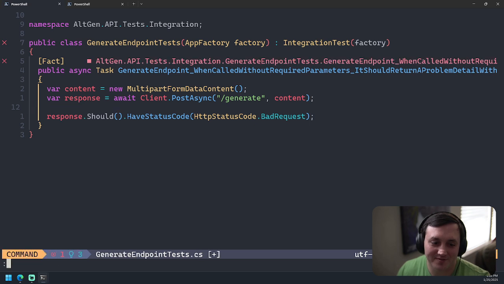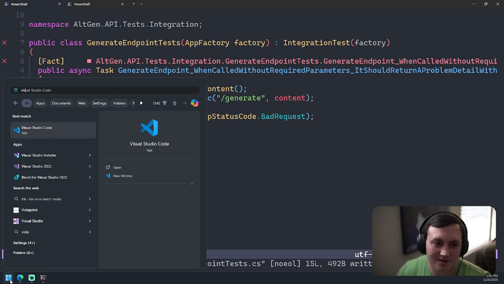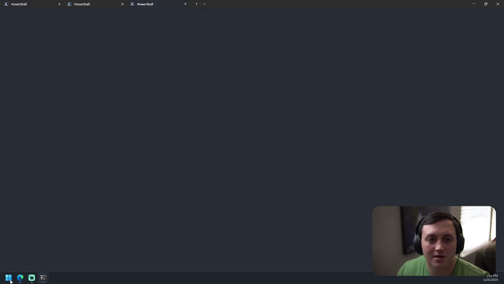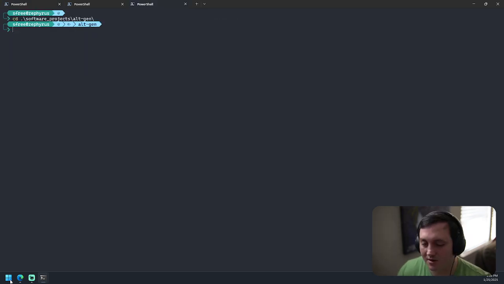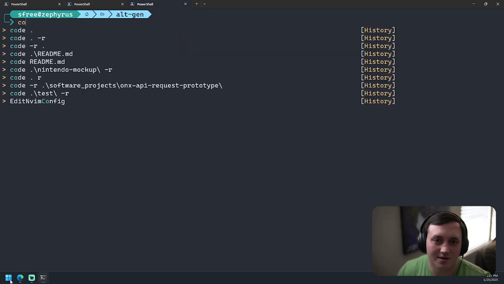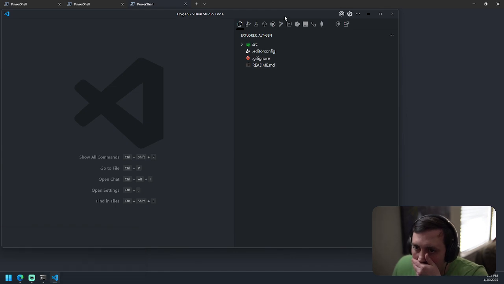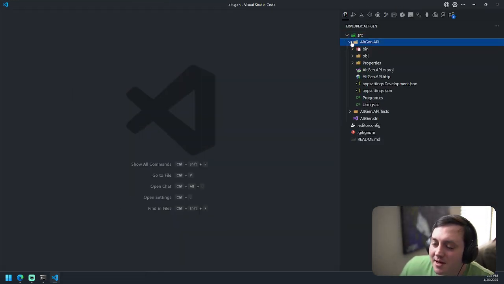Open Visual Studio Code because I cannot figure out how I'm supposed to see what's going on. And I don't really want to spend a bunch of time looking at Neovim.